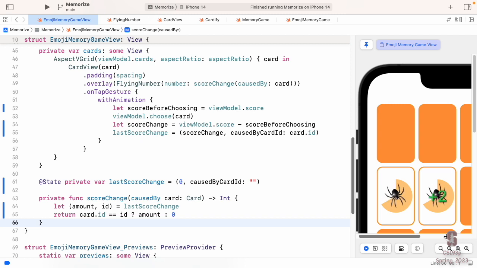Where else would it put it? Well, if we want to have it move up a little, we do that with another view modifier called .offset. So .offset is an interesting view modifier. It offsets a view from where it would normally be placed. So if it was in an HStack or a VStack, it's going to get placed in the right place, and then .offset offsets it from there. So .offset is like a relative offset to where it should be.